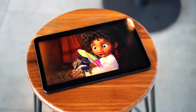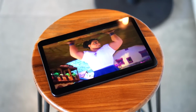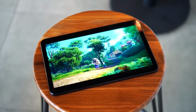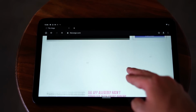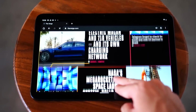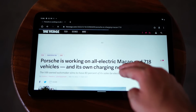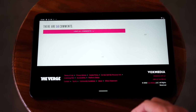Now the display at the front here, although it is a 2K display, I must say that the exact resolution is 1200 x 2000. So yes, you are still able to watch movies and just browse the internet very clearly and responsively on the display itself. It's not the brightest display out there, but it was still good enough for getting in a decent amount of entertainment. I would say that if you're just looking for a basic tablet to carry with you wherever you go, the Nokia T20 is actually something that you might want to consider